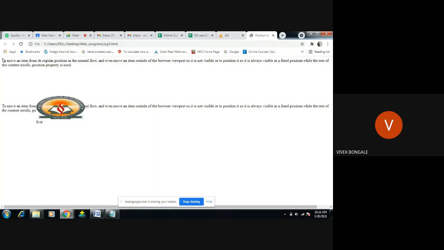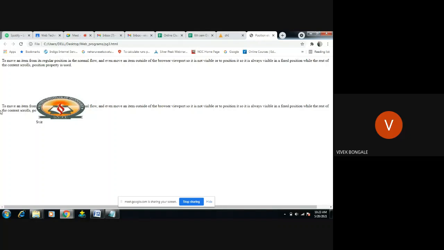So if I use relative for this paragraph and move it to here, this portion is kept reserved for the same container. This space from here to here is meant for that particular paragraph, for that element, and this space is for this image, and this space is for this paragraph.